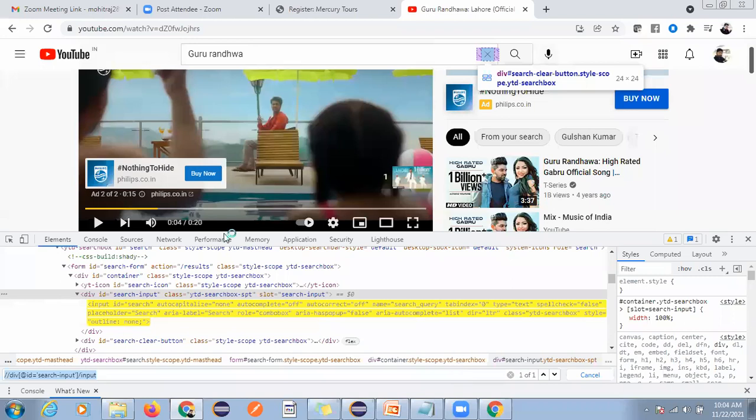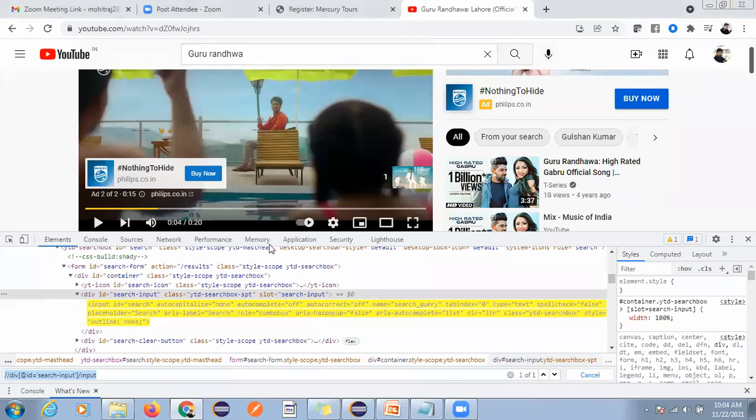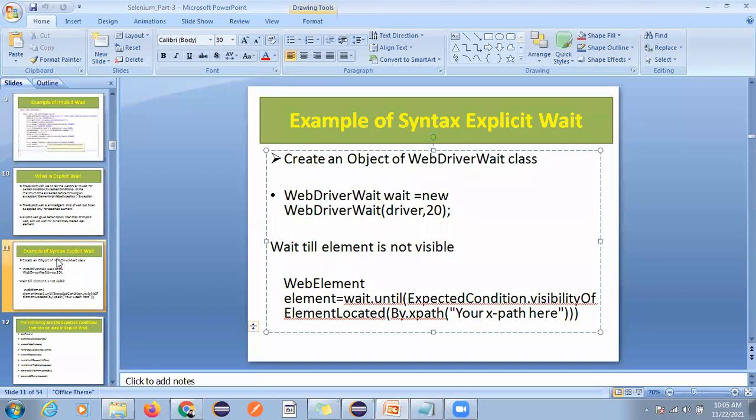Now I'm just going to close this. Fine, so this is how you can use explicit wait. We have another wait also.